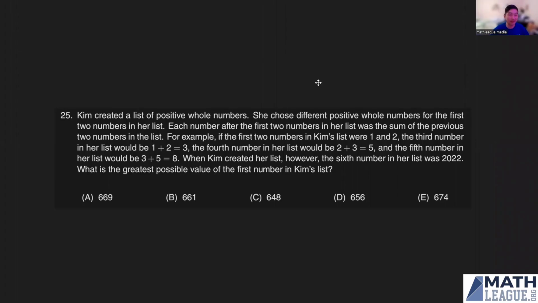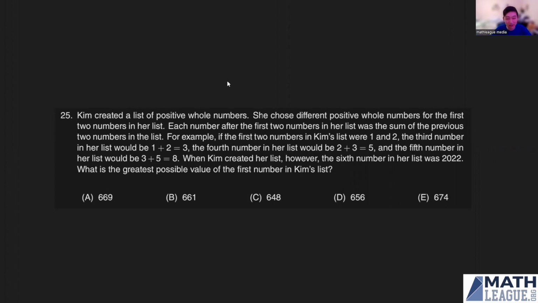So today I'm gonna go over this sprint question. First, I'm gonna read the question. Kim created a list of positive whole numbers. She chose different positive whole numbers for the first two numbers in her list. Each number after the first two numbers in her list was the sum of the previous two numbers in the